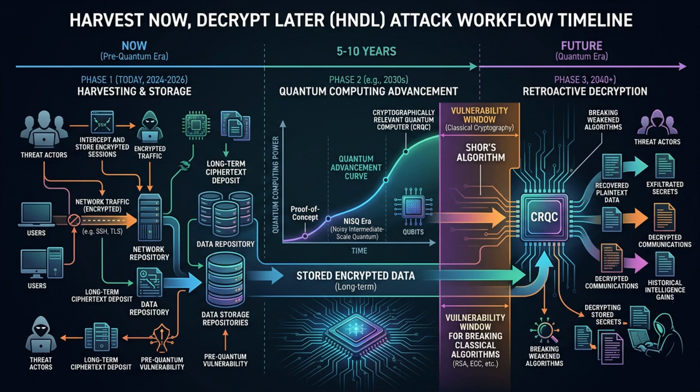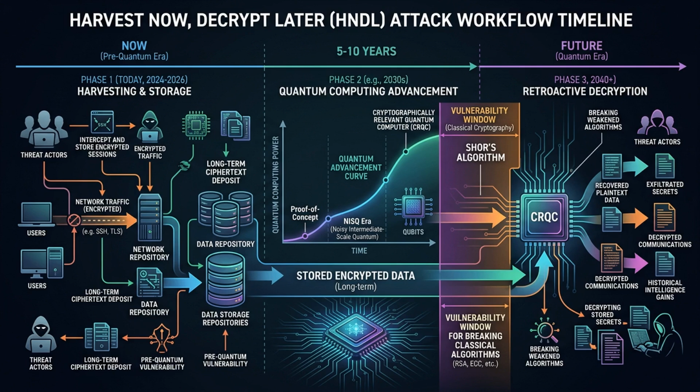Harvest Now Decrypt Later is a real threat timeline. Phase 1 is happening today. Adversaries intercept encrypted SSH traffic. They capture it and store it. They have your encrypted sessions backed up. Phase 2 happens in 5 to 10 years. Quantum computers become practical. Organizations build quantum computers. Governments build quantum computers. Companies build quantum computers.